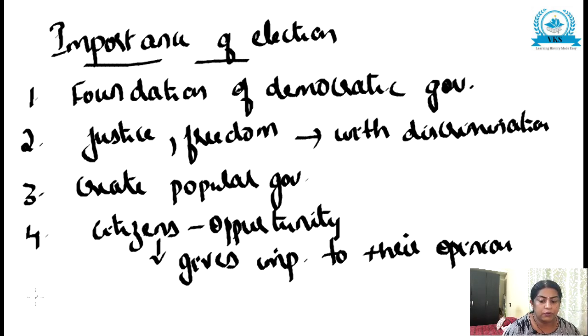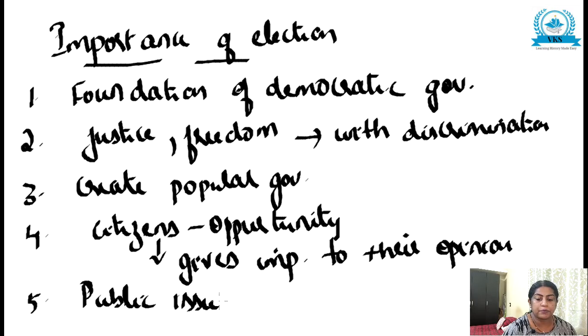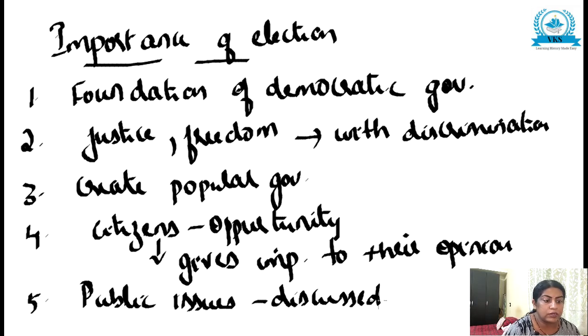Now the next one, the fifth point, is that it is the barometer of democracy and serves as a forum for discussion of public issues and facilitates the expression of public opinion. See, according to the importance of election given here, it is the barometer of democracy and it serves as a forum for discussion of public issues. So here public issues are discussed and it facilitates the expression of public opinion, and public opinion can be